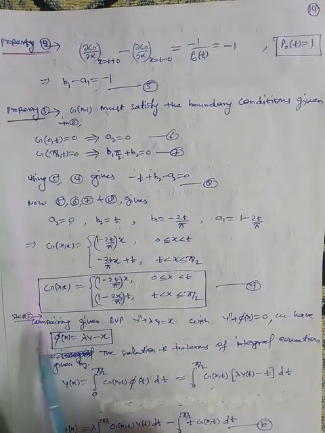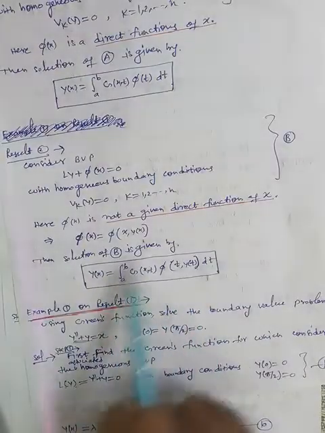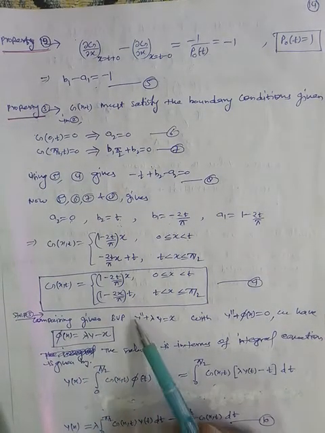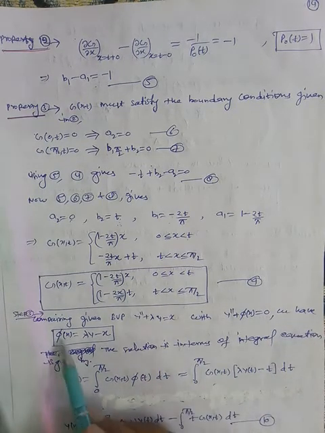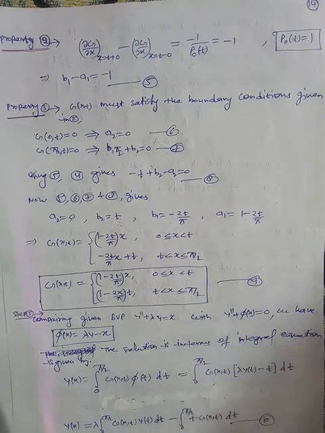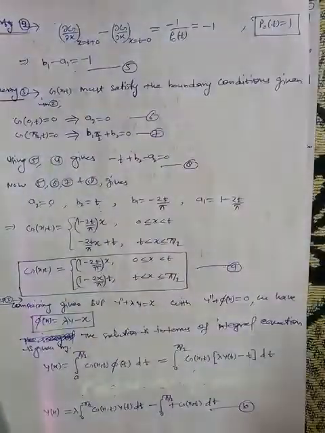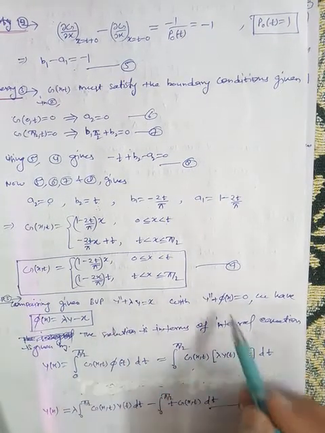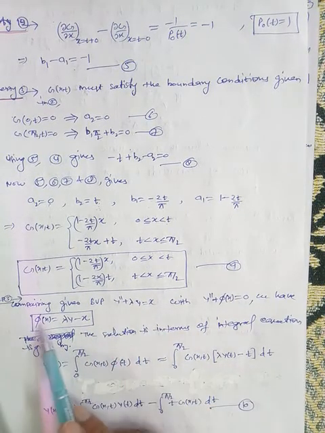Now step number 3, comparing, and in step number 3 basically we will use this result. So comparing with the boundary value problem, this with this equation. So what we will get? We will get phi(x), because this is nothing but what we have already assumed as phi(x). If you will see here, this is basically L(y). So this term is L(y). So L(y) is this part. So what is phi(x)? Phi(x) will be lambda y minus x. So this is your phi(x).